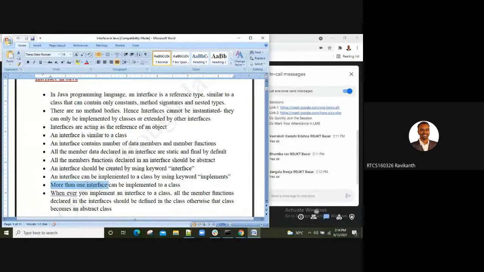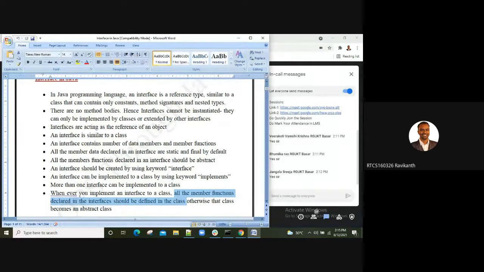More than one interface can be implemented by a class, whereas in inheritance, with more than one class, we were getting a compile time error. Whenever you implement an interface in a class, all the member functions declared in the interface should be defined in the class.